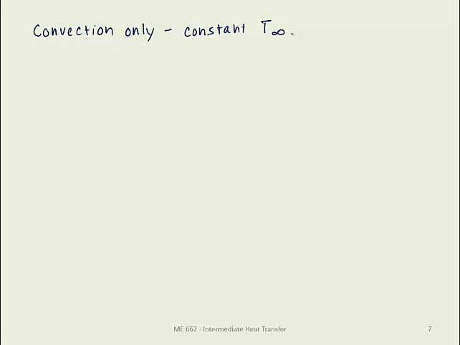Okay, so this is where we have convection off of the surface, and we have an environmental temperature, free stream temperature that's constant. And if I was looking at the energy balance,